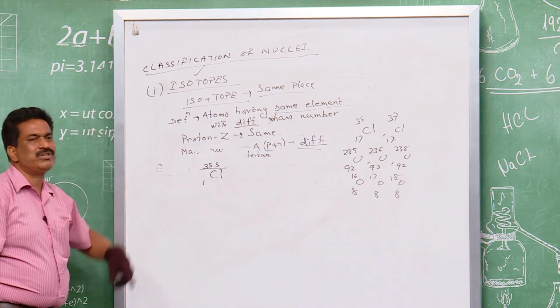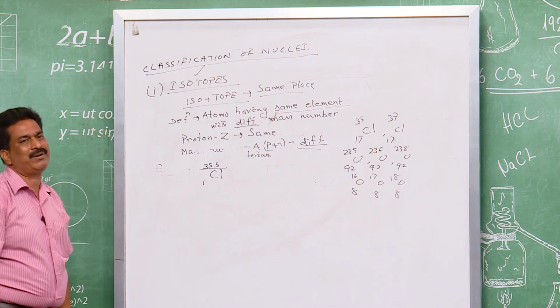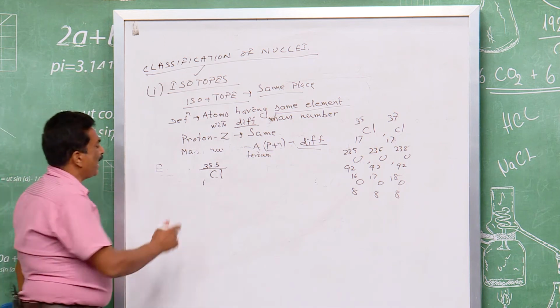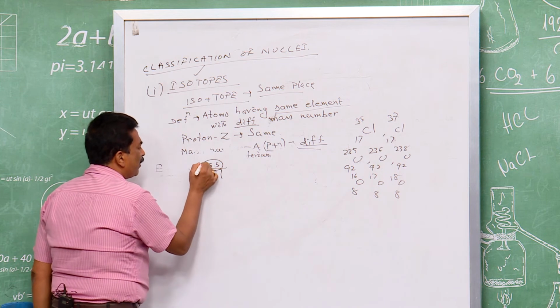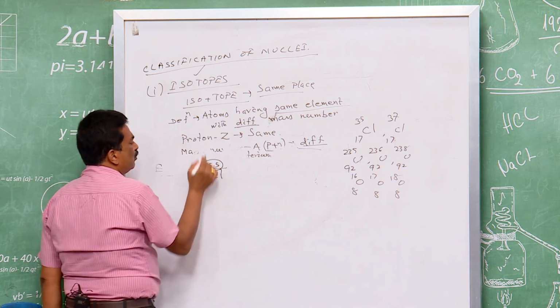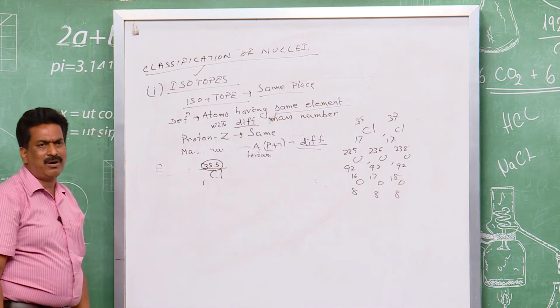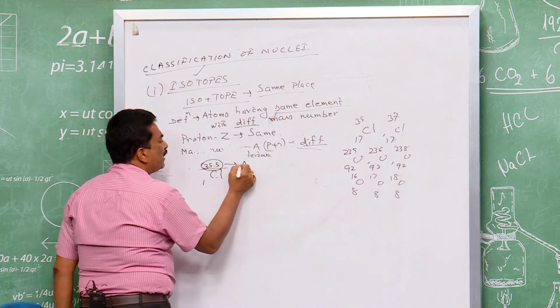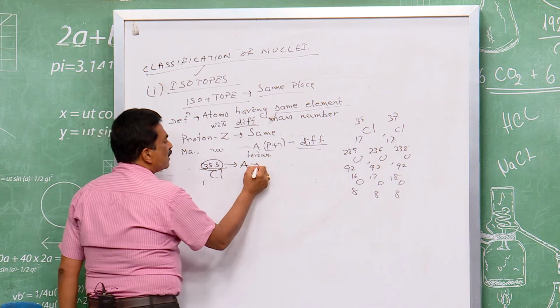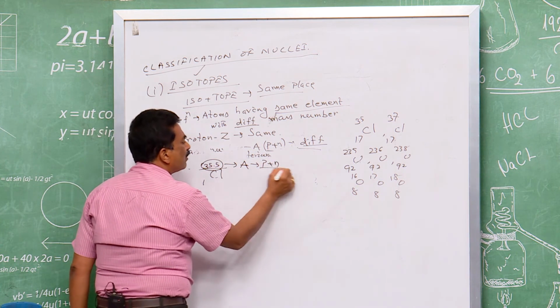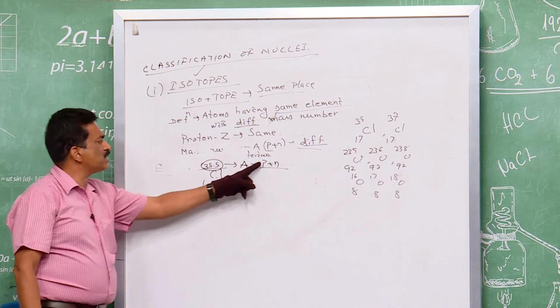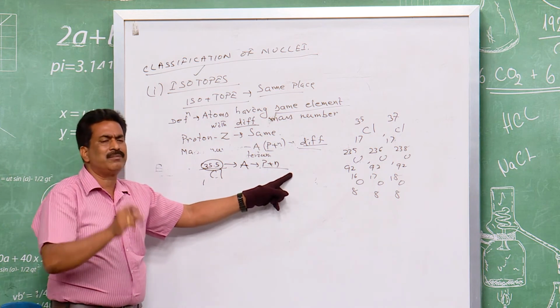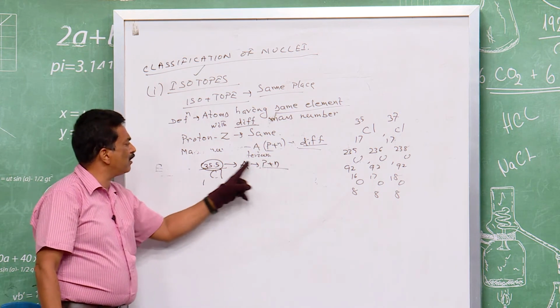The chlorine atomic mass is 35.5. Can you say that this 35.5 is its mass number, which is written as a subscript on the left or the right? The mass number is A, which is the sum of the protons and the neutrons. These protons and neutrons are whole numbers, but the sum gives you